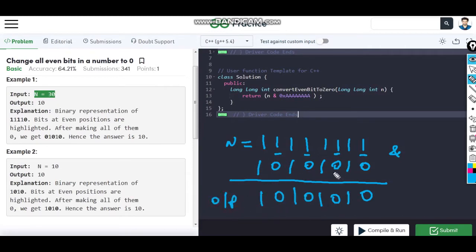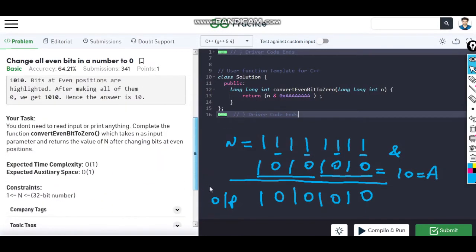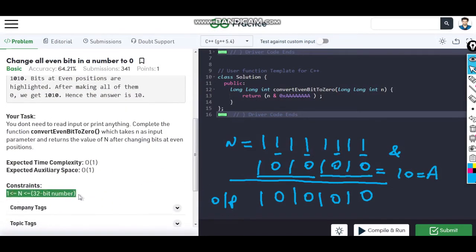So what I am doing, as you know, this is in hexadecimal, its decimal representation is 10, and we can write it as a, right? And we have to look at the constraints given: n may be a 32-bit number, so we have to be clear that the second number, that is this one, should be 32-bit.